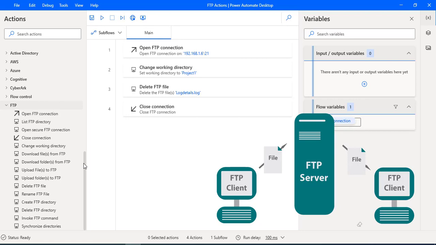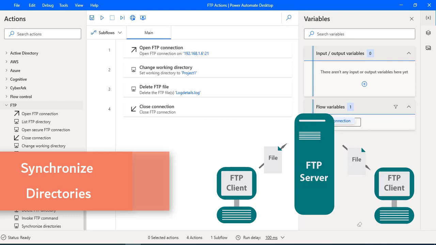That means both FTP server files or directories and local directories have to be in sync. It is one kind of OneDrive where we are going to maintain files and folders. To maintain sync between the FTP server and local directories, we will use the synchronize directories action.